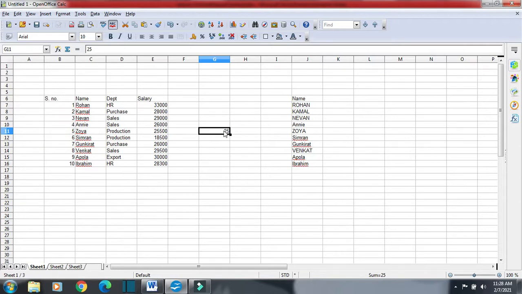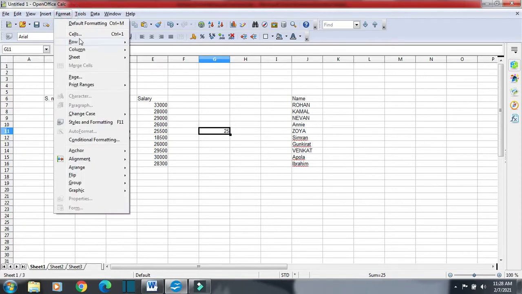So I will select this cell. If you want to format multiple cells, you can select multiple cells like this, or you can select one single cell. We know that formatting is not going to change the actual value, it will just change the appearance of the number. Now we will click on Format, then Cells,